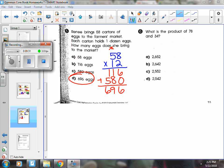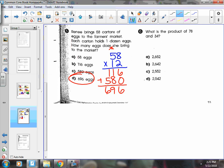And the last one, what is the product of 78 and 34? Don't be confused by that word and. Whenever you see the word product, that means we're multiplying. So we're multiplying this number and this number together. That's what that word and is. So when they say product of blank and blank, that just means I want you to find the product of this number and then also this number. Multiply them together. Okay, so 78